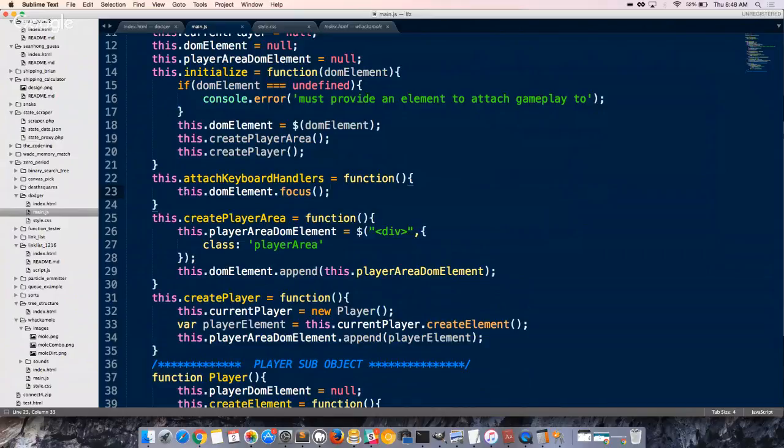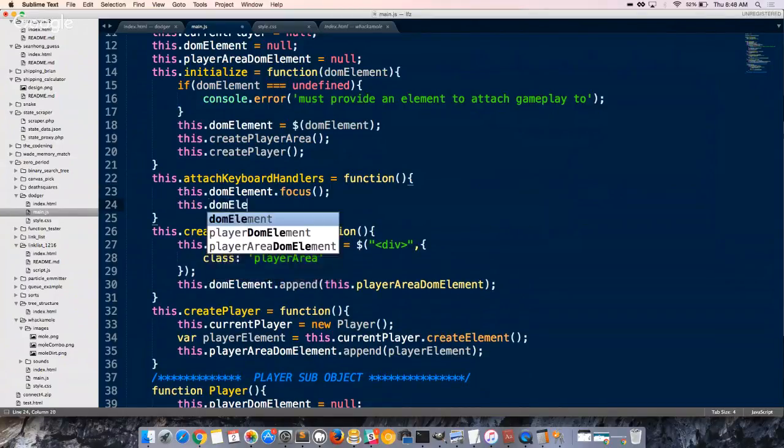Then what I want to do is this dot DOM element dot key press, key down, or key up. Now there's 3 different ones you can choose from. They each do something slightly different. I want to do